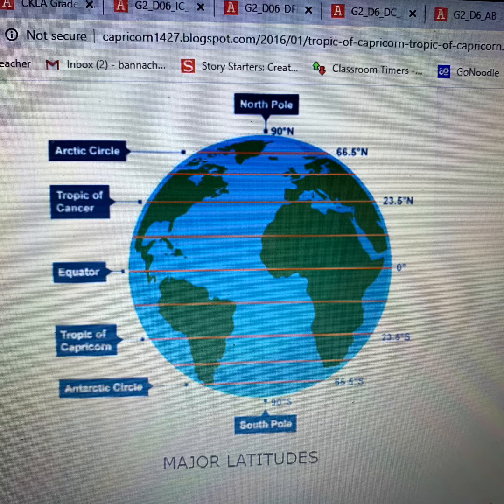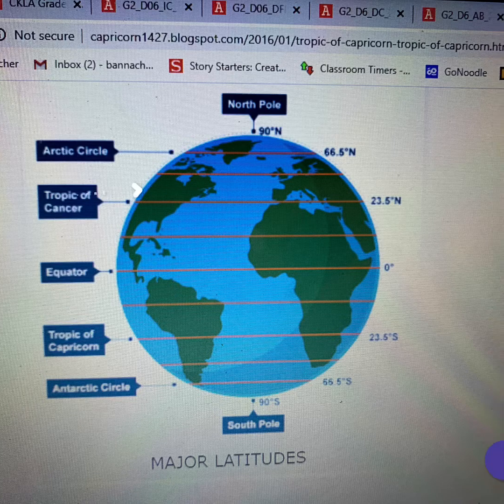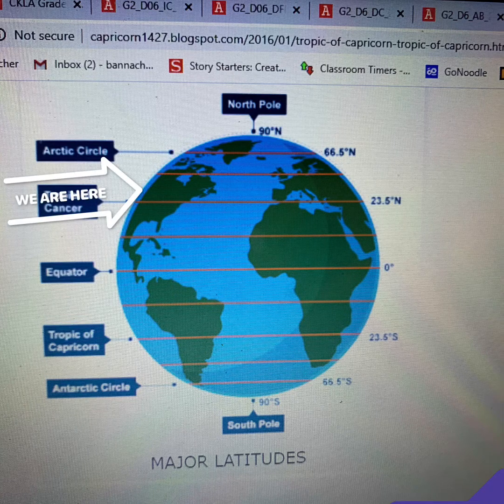The region between the poles on either side of the equator is called the temperate region. In this region of the world where we live, most places experience all 4 seasons of the year. We are located right where this arrow is, kind of around the back of where we can see. That's where Wisconsin would be about. So we can't see where we specifically are, but we can see that we are in the tropic or temperate